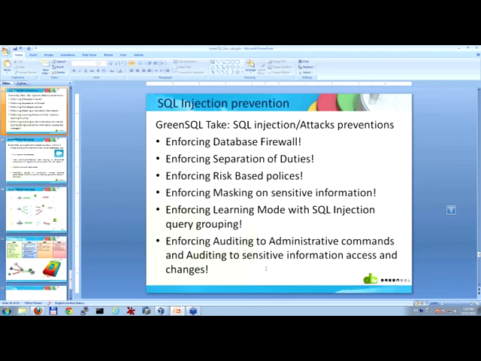So GreenSQL's take on SQL injection prevention and eventually monitoring each and every possible command is not a simple task. You need a few different components in order to provide real SQL injection prevention, because SQL injection does not run only through web applications, but can also run through a management system.